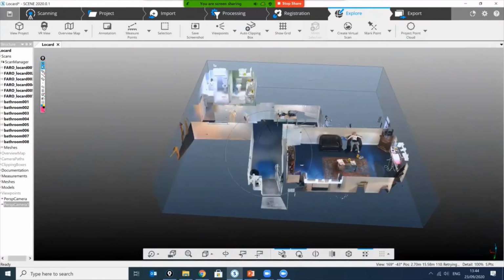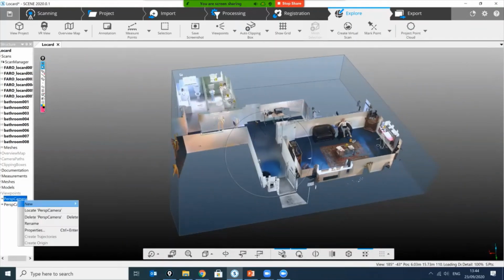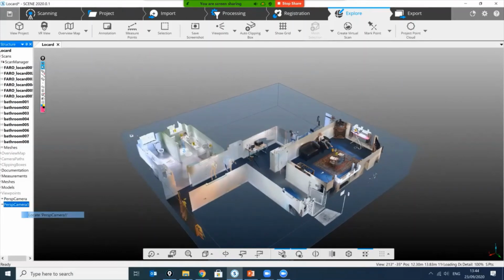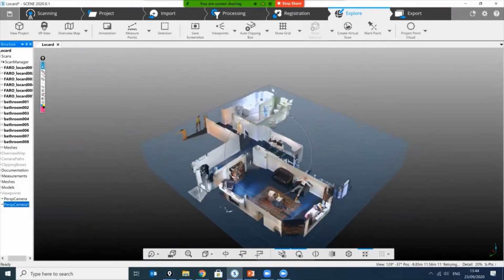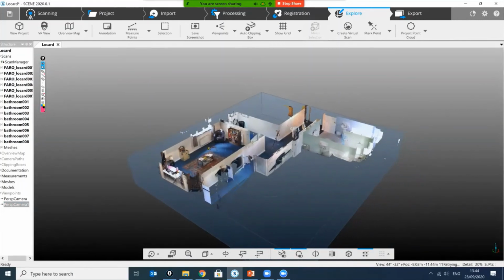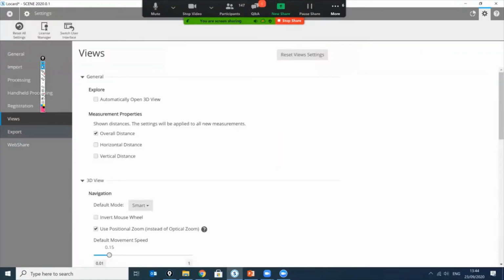Right, my first point then, now we're creating some keyframes. I've made two, one, then two. I'm going to make a nice little pan around of this building. So I'll make another keyframe here. One of my top points is know your zoom, okay? If you go to the settings in scene and go to views,